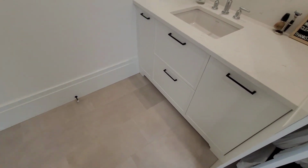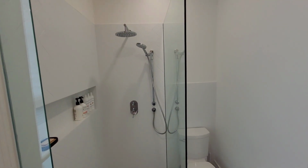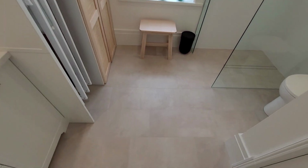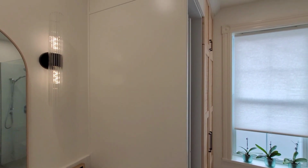And so this is it. It was very nice, fun project. We ran into a lot of problems, unfortunately, with the floor, which we had to rebuild, but that's a different story. It's all